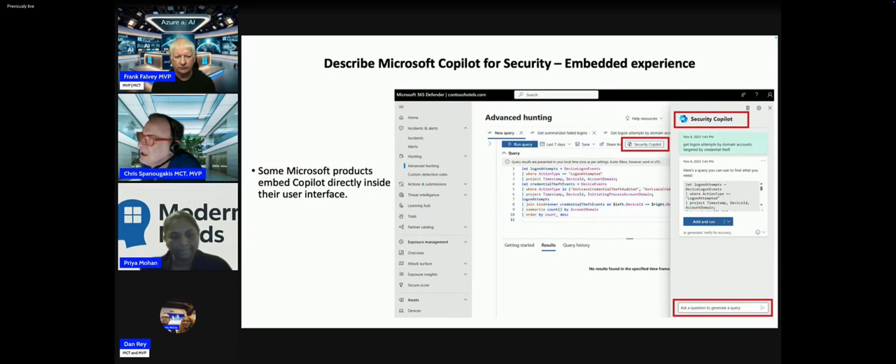As you can see, now I'm in the Microsoft 365 Defender portal. I would like to write a script for the advanced hunting that is located in Defender. The only thing here is I don't know how to write the code. Okay. What can Security Copilot do for me? I just go and write the prompt down here, get logon attempts by domain accounts targeted by credential theft. And Copilot for Security will give me the exact script that I can add and run and get